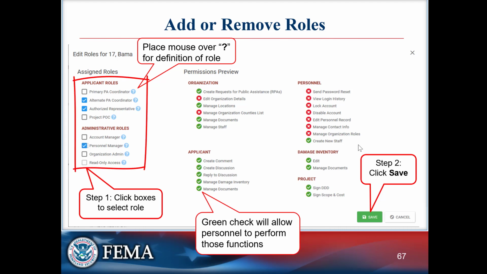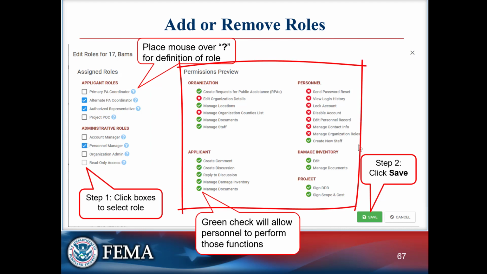The ones that are unselected, that person does not have. If you see it selected in a blue with a check mark, that means that person has that role. You can check them on or off to add or remove those roles, and you will see some permission previews on the right of the screen detailing what exactly each of those roles allows the user to do in the